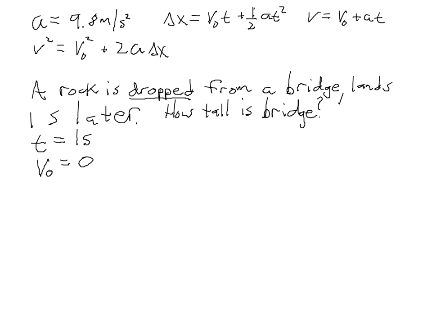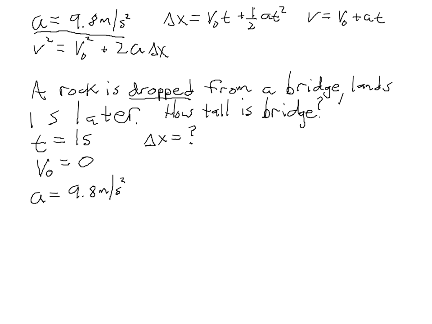And finally, since the rock is in free fall when it's falling off the bridge, the acceleration is 9.8 meters per second squared. So we have a equals 9.8 meters per second squared down. And we're looking for how tall the bridge is, which is delta x, the displacement of the rock between the